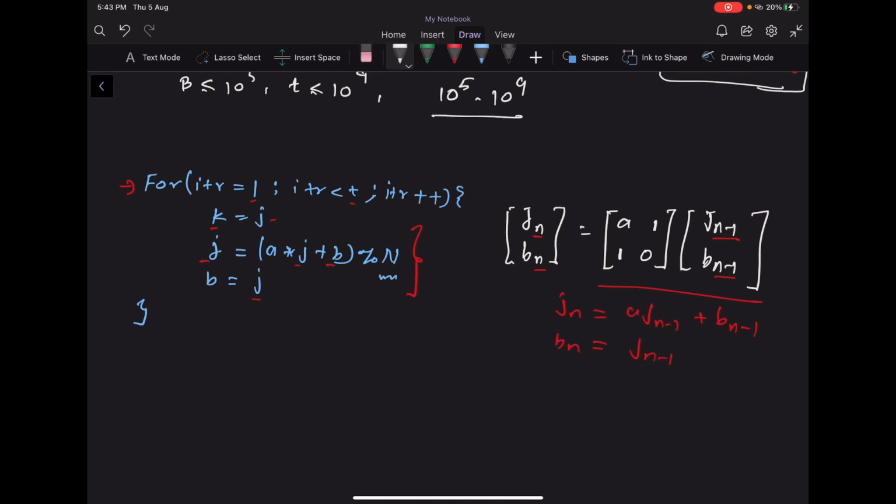So now if we use matrix exponentiation, we can compute the final value of variable j after this for loop in just logarithm of t time, and there are b iterations to perform, and if we compute the final value of j in each iteration in logarithm of t time, then it will take a total of b times logarithm of t time. If we are using matrix exponentiation, then we also have to take care of this modulo n, because here we are taking modulo with respect to n. So if we are using matrix exponentiation, then after each step of exponentiation we have to take the modulo of each value with respect to n.